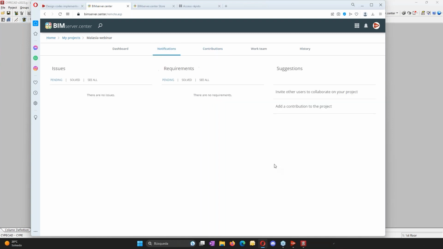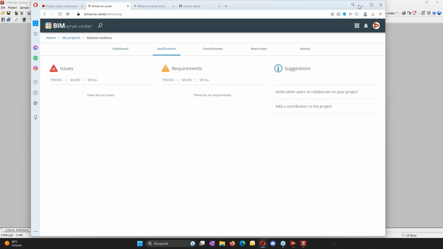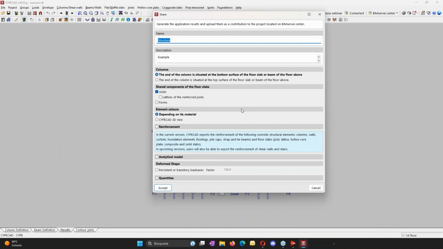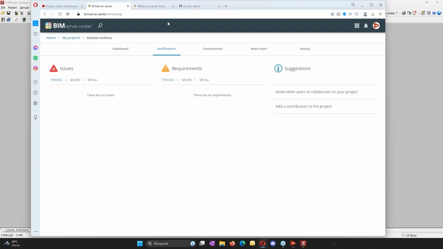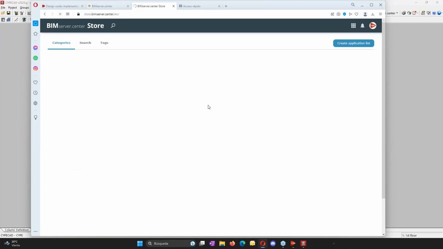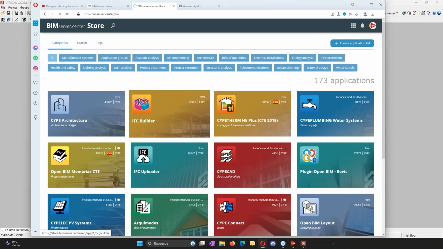Here we have the notifications, whether the different issues and requirements are solved or not. Those notifications can be managed from here, from the tab of BIMserver.center and sharing the project. We can add a description, but we have a free software made for this part, which we call the clash detector software. If we go, for example,